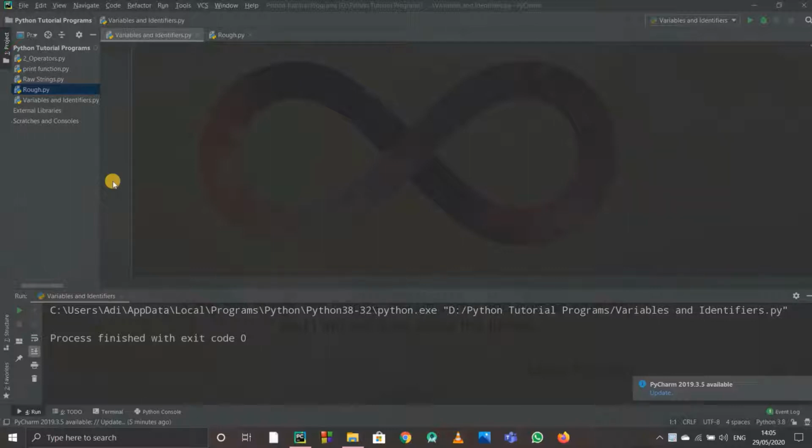In this video we are going to see what variables and identifiers are in Python. So what is a variable? In simple English you can say a variable is a value that can vary. To elaborate, variables are something in which we store information. You can add any piece of information in a variable. To sum up, variables are computer memory in which we store information.